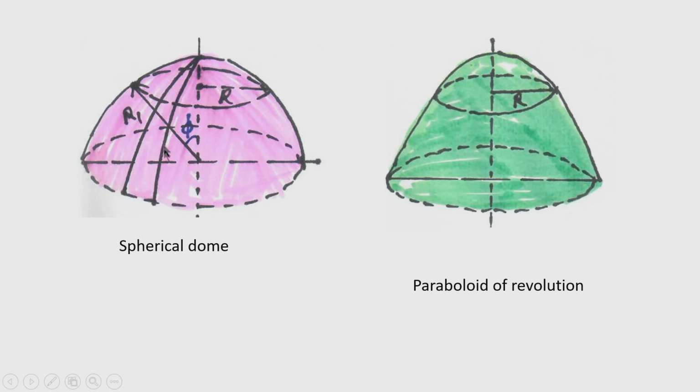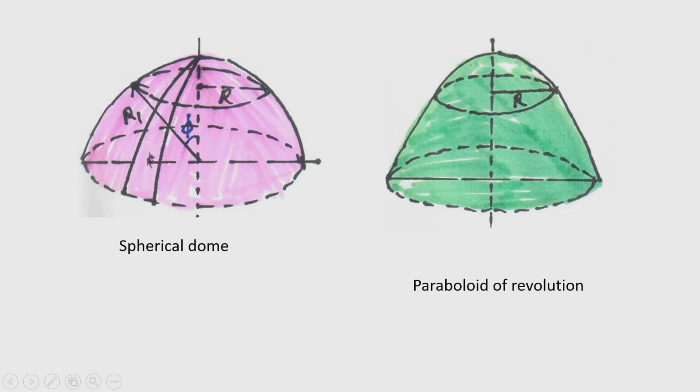So, this is the plane curve, it is an arc of a circle, and this is rotated about an axis of revolution. Axis of revolution is this, and then the surface formed is known as the surface of revolution. So, this is a shell of surface of revolution, and it is formed by revolving a part of this circle. The plane curve which is rotating around this axis of revolution